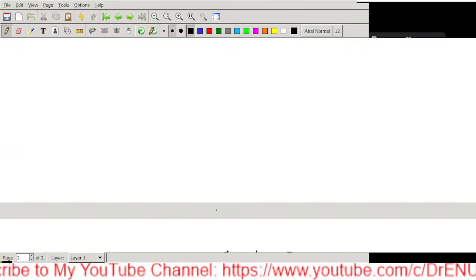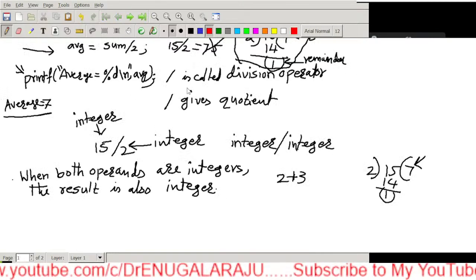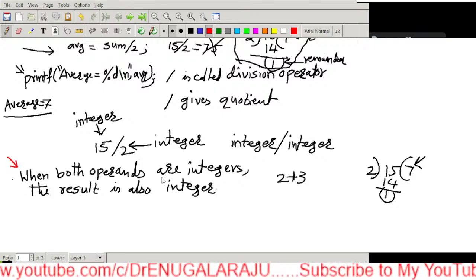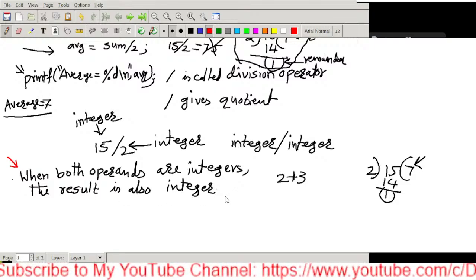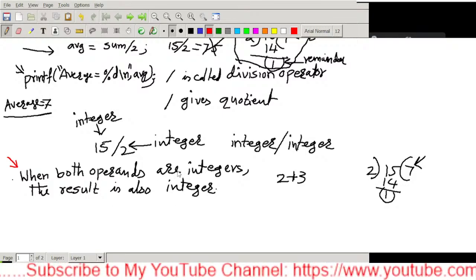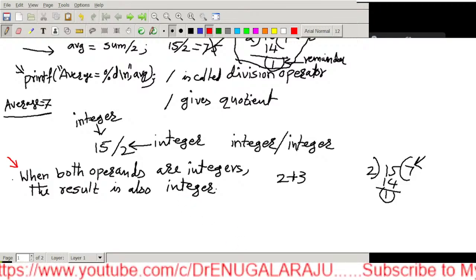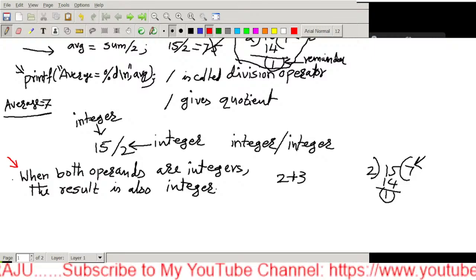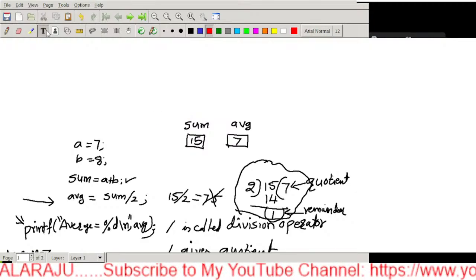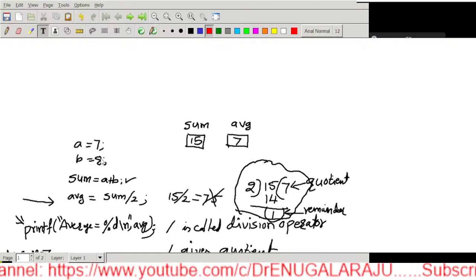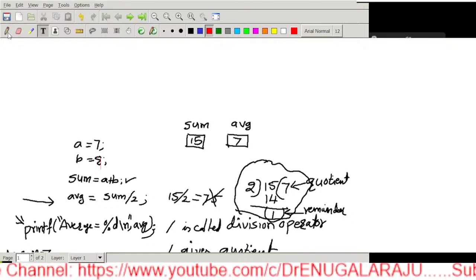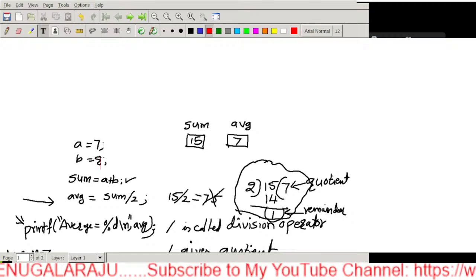So there is a rule we discussed, just see here, this is the rule. When both operands are integers, the result is also integer. That means for any operator, if both operands are integers, the result is also integer, even though you declared the variable average as floating point type. So here you declared the variable AVG as a floating point type, okay. Even though you declare it as floating point type,